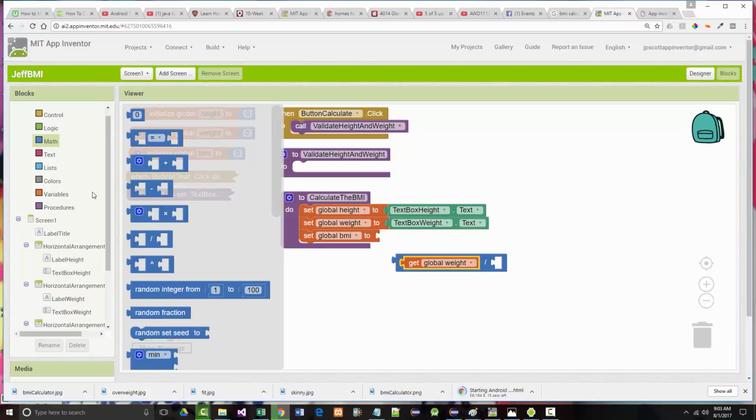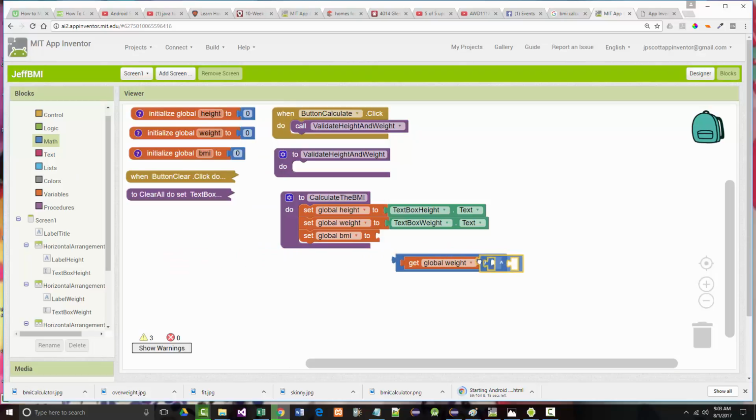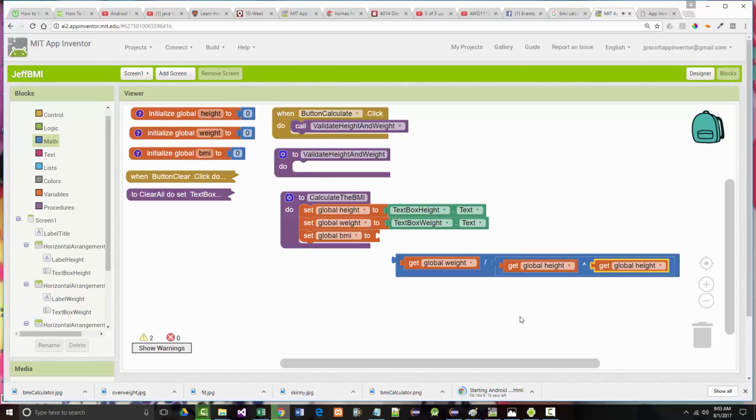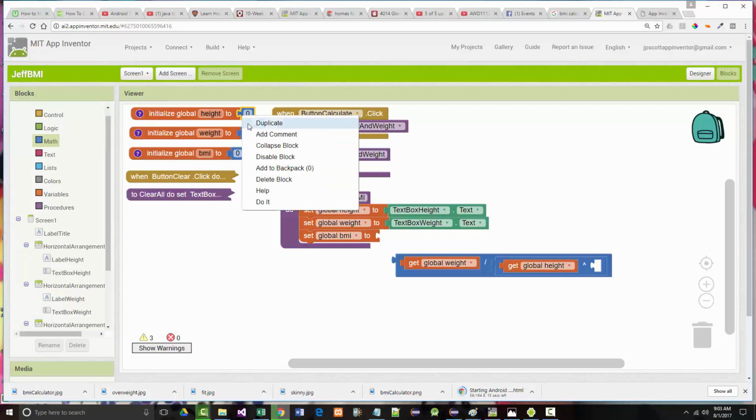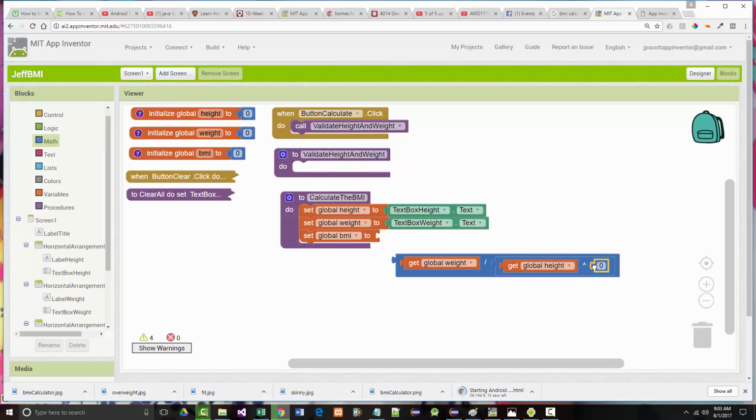So if we look at math, you'll notice that we have this. So we want to get the height, by get the height. Right? And actually that's not what we want to raise it by. That's wrong. Throw that in the garbage. We want that to be a 2. So I can duplicate that, copy it in there, put that into a 2. Now the problem is we want to take this whole thing here, and we want to multiply that by